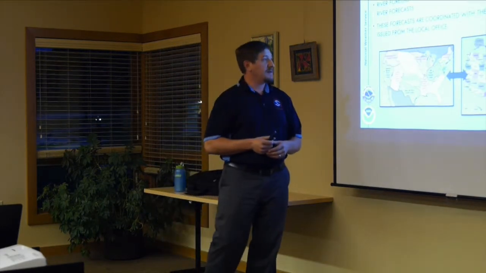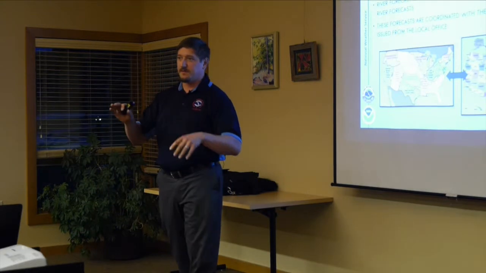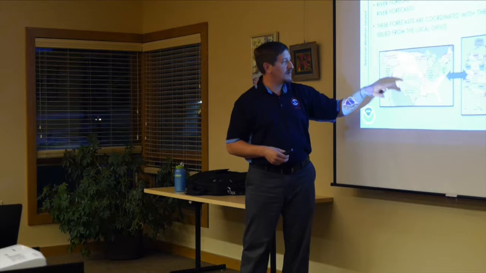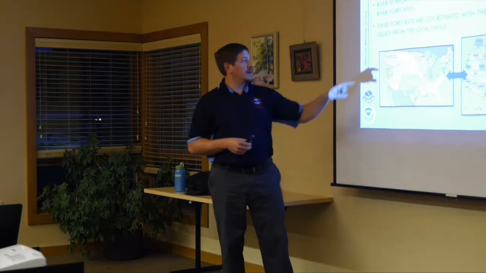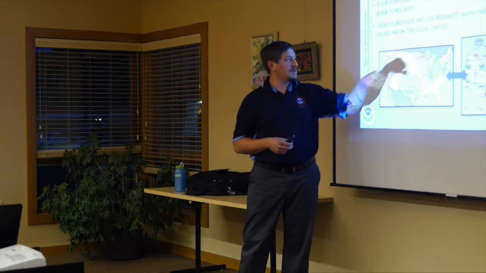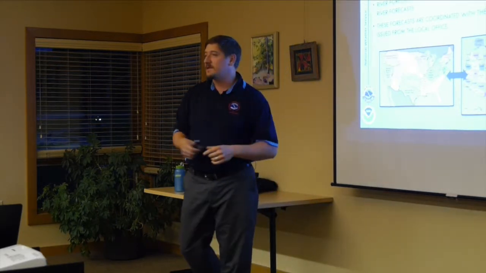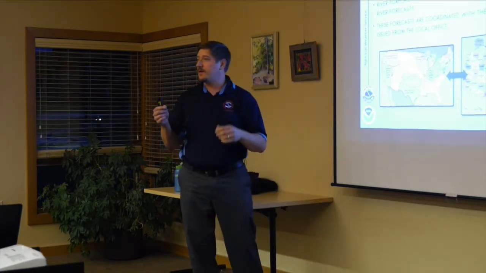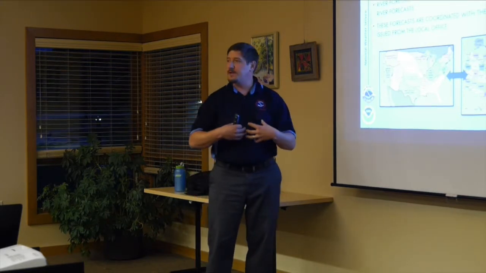So river forecasts, let me give you an overview of the components of the National Weather Service, agencies or groups, if you will. The river forecasts actually originate from a river forecast center, and there's 13 across the nation. There's only 12 shown here on this map. The 13th one is Alaska. So these are all the different basins covered by the different river forecast centers across the country. The river forecast center that services this area is the North Central River Forecast Center located in Chanhassen, Minnesota. So we work real closely with them, providing our local input, our local expertise, our local knowledge of the area.